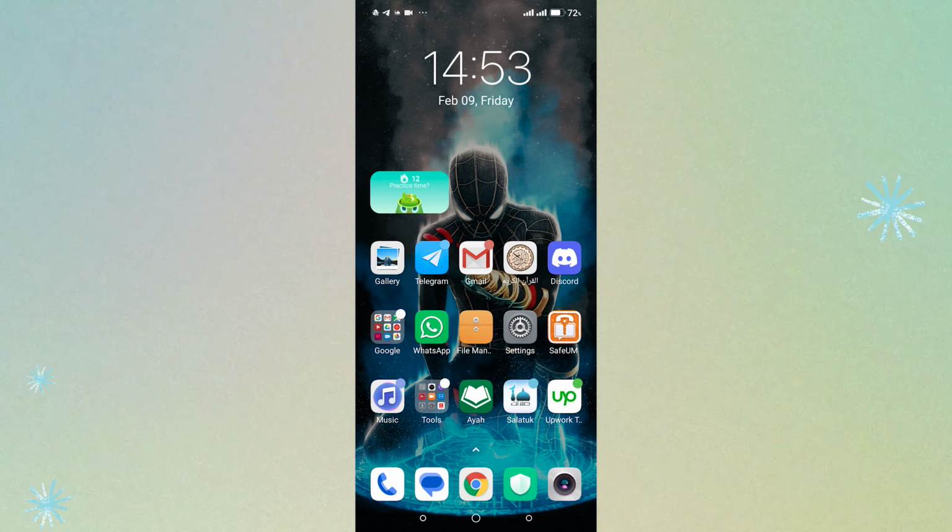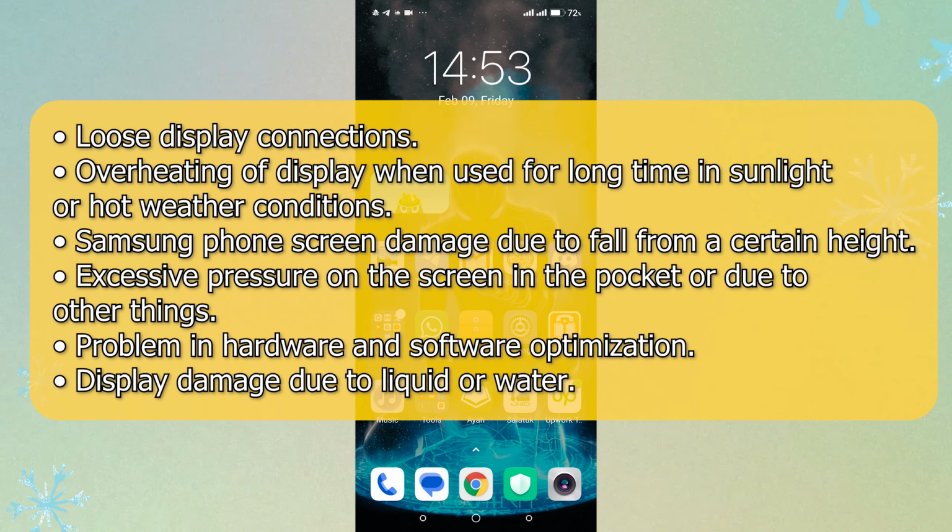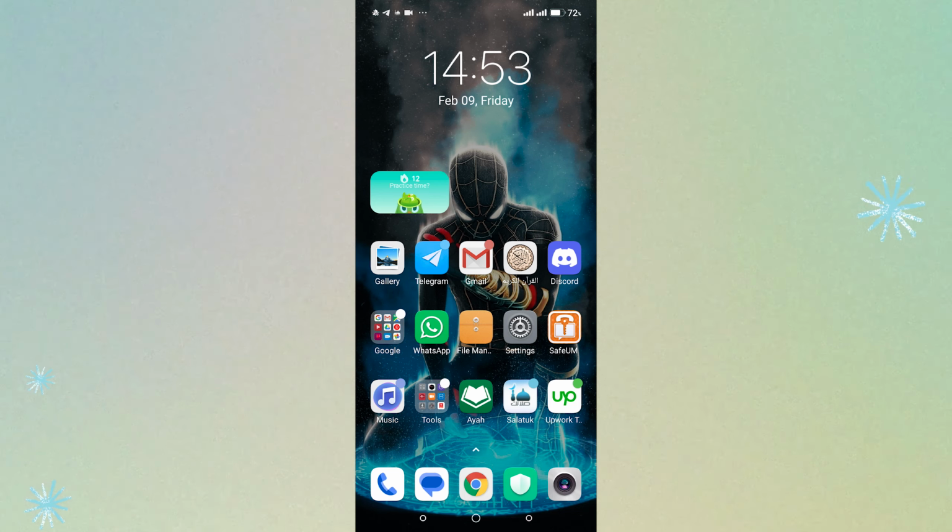First, you should know that this problem may occur on your phone due to many causes. One of these causes is overheating of the display when you use your phone for a long time in sunlight or hot weather conditions, or due to a fall from a certain height, excessive pressure on the screen in the pocket, or other things like loose display connections, or display damage due to liquid or water. This problem may also appear due to hardware and software optimization. So what I'm going to do in this video is help you fix the software optimization in order to